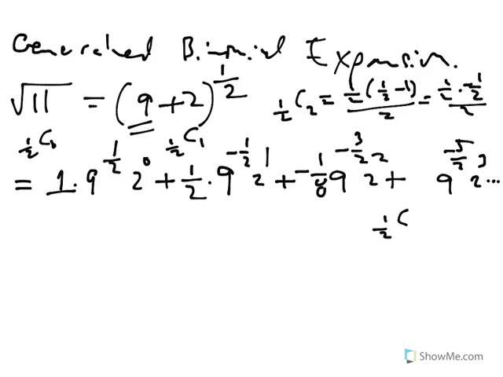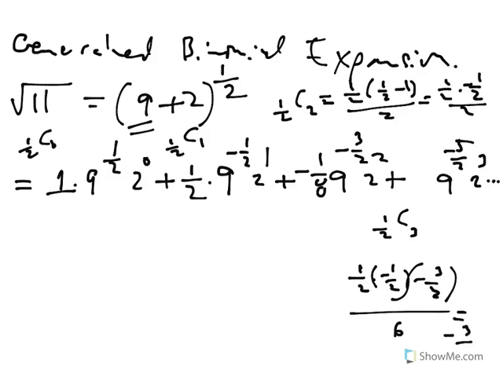And half C3, anything C3 is the number times 1 less than the number times 2 less than the number over 6, which becomes negative 3/8 over 6, which becomes negative 3 over 48. Sorry, positive, make that, becomes 1 over 16. So these terms,